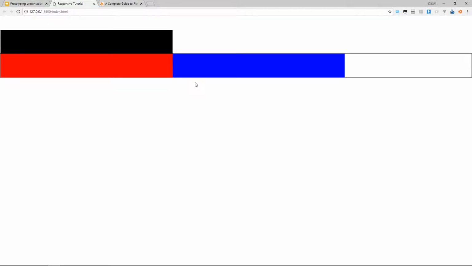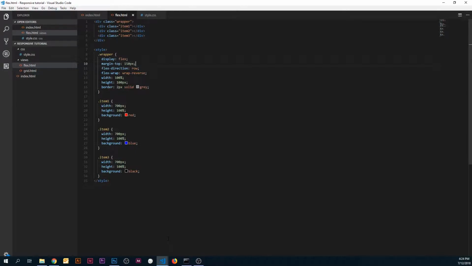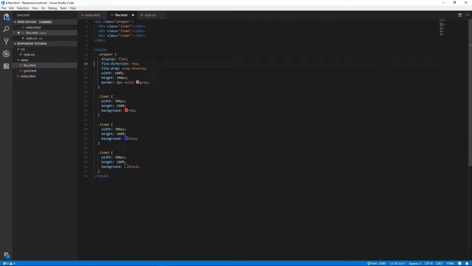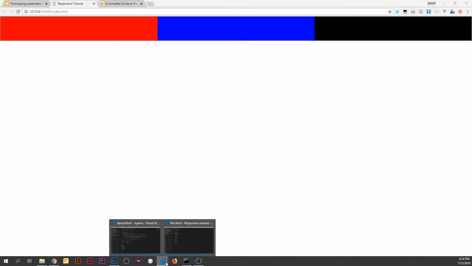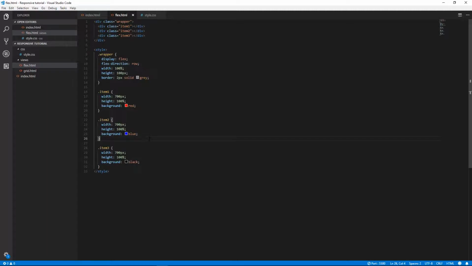And this could be useful if you have something at the bottom that needs to keep stacking up. And as you can see, this 100% height is still maintaining the height of the parent, even though it's wrapping up. So that's a nice little property we can use with Flex. So I'll just set it back to its squished up values, and the next thing I'll be looking at is